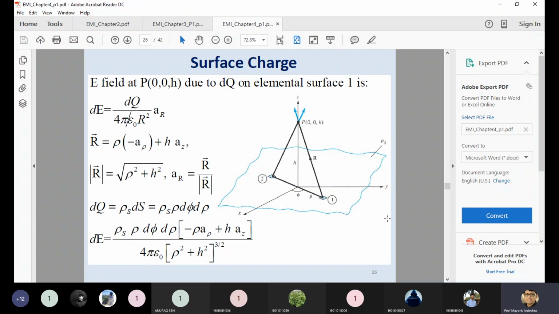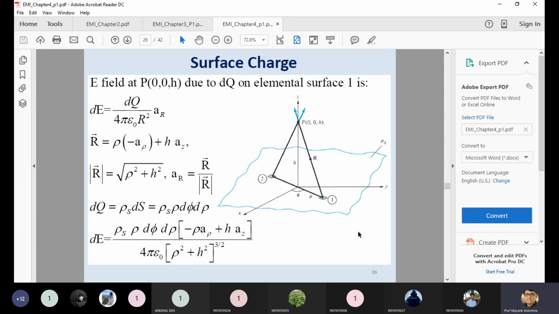Okay. So you can see over here, this is the first surface and this is the second surface, where both the surfaces are symmetrical, but the point at which we are trying to find the E is perpendicular in nature. That's why we are considering this height. If I join these two points, one is the surface location at which the surface is located, and the second point is P, which is at a height, 0, 0, h.